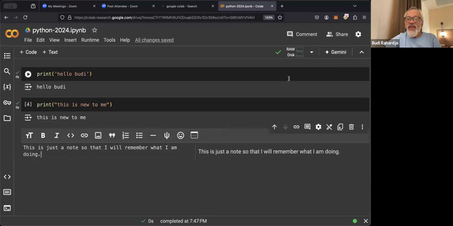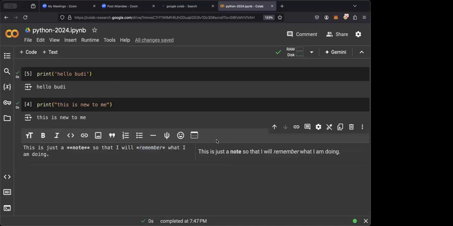On the right side you can see the note, and you can write it in bold, or create it in italics. So this is basically just your note. It is kind of like a notebook, but inside this document you can actually write code.